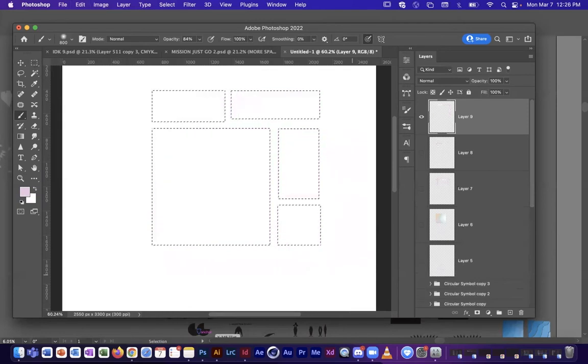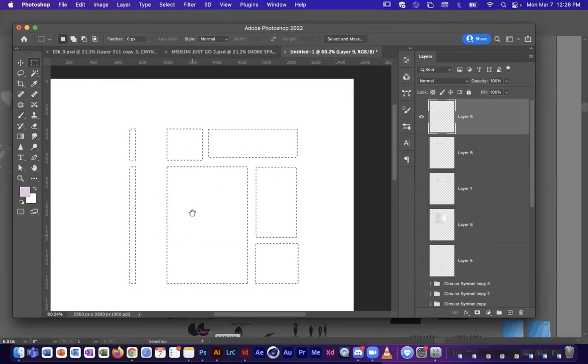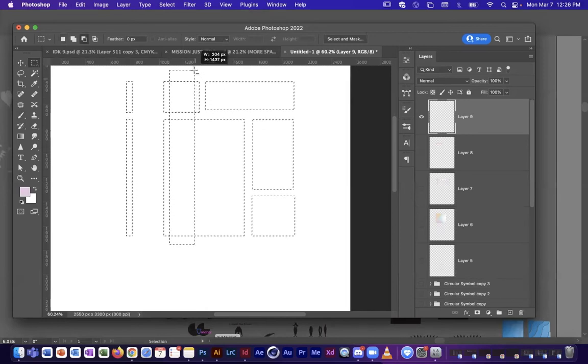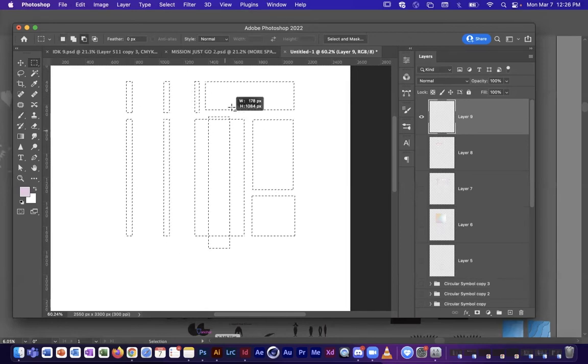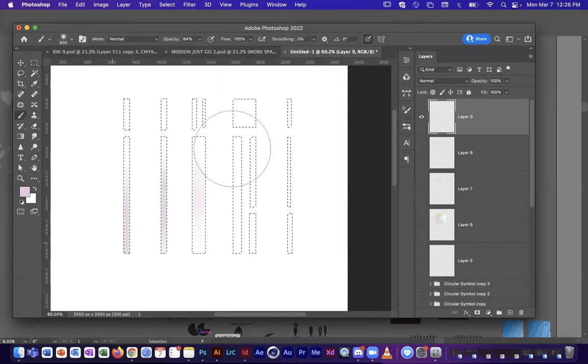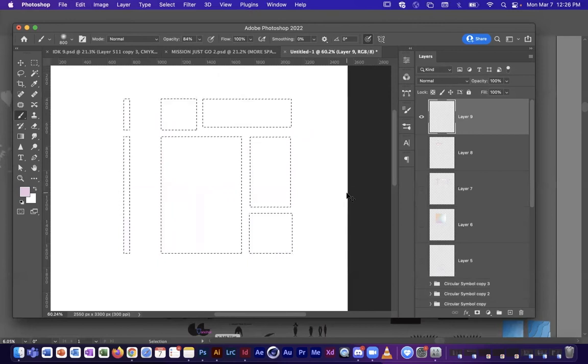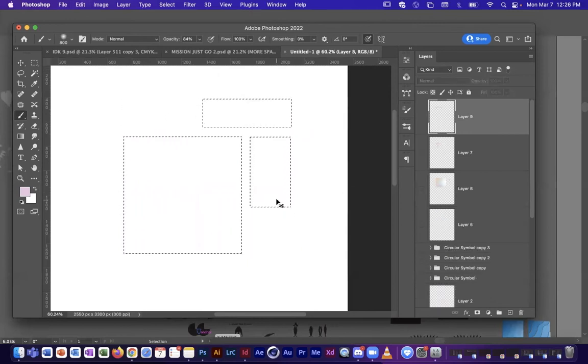Nice selection. Instead of shift, if I wanted to subtract areas, I can hold down the option key with that same M marquee tool while making selections. So option key or alt key will make a subtraction. Now I can sort of cut into whatever the shapes are that I'm trying to create here. So that is a great way to add some geometry to whatever it is that I'm making, which gives me sort of these bars or so of opportunity. Again, those will all paint because that selection is telling it to not pick up any paint outside of that area. So that subtraction option gives me tons of freedom to be able to creatively work with selections to build